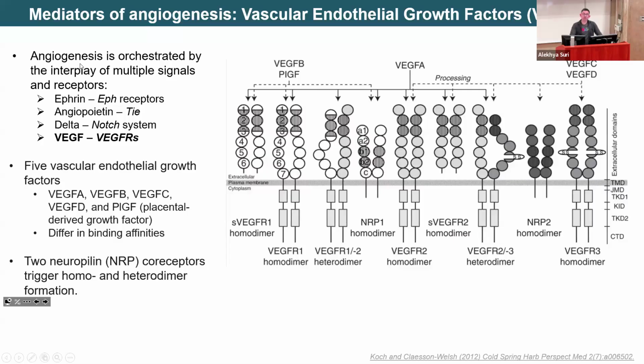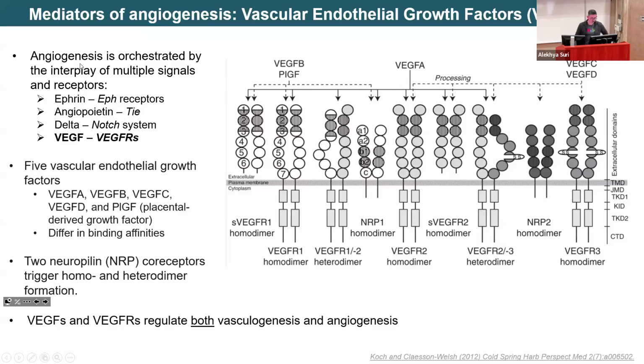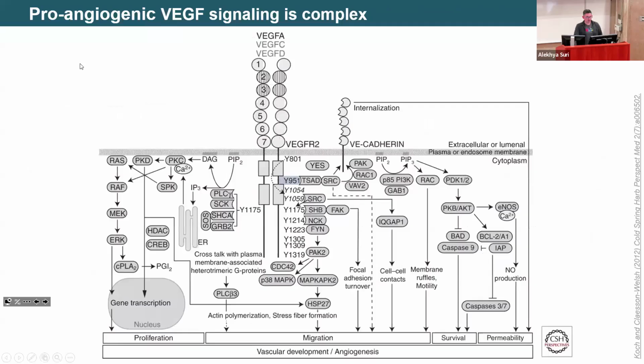I do want you to appreciate that this is a very complex process, and the different pairings ultimately have different outcomes. And these receptors are actually involved both in angiogenesis and vasculogenesis. So both of the processes that I mentioned a little earlier. Now,